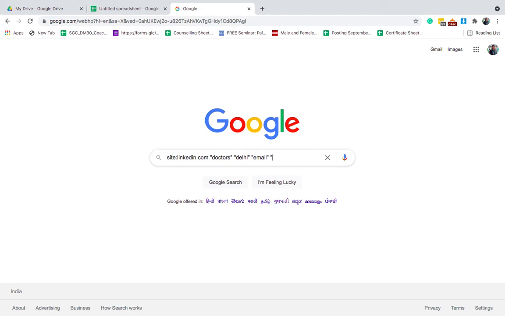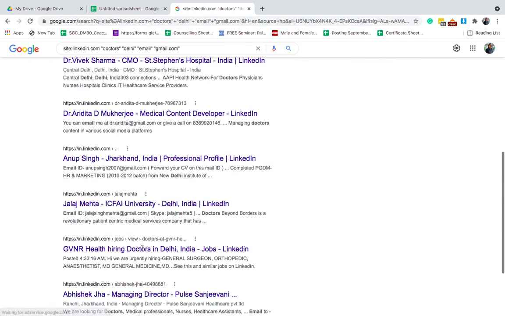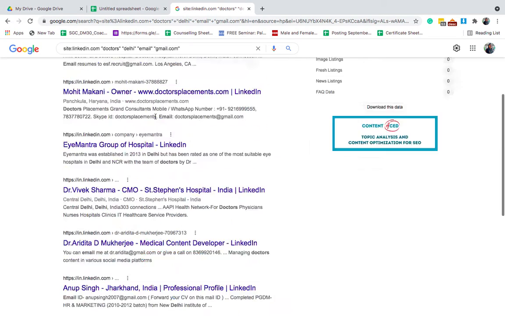say gmail.com. Hit and try different strings. See if you're getting any email IDs here on the front page. If you can see some good email IDs out here,